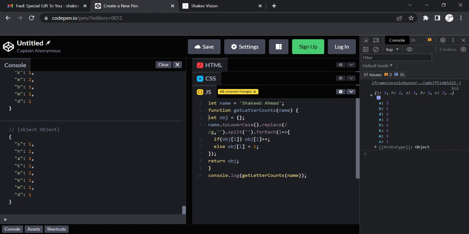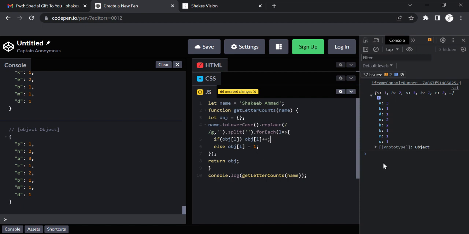Because they wanted an object, I created an object and returned that object. Then I went for name dot forEach directly. It was throwing an error that forEach is not a function, because for forEach to work, I thought the string is an array directly, but it is not.